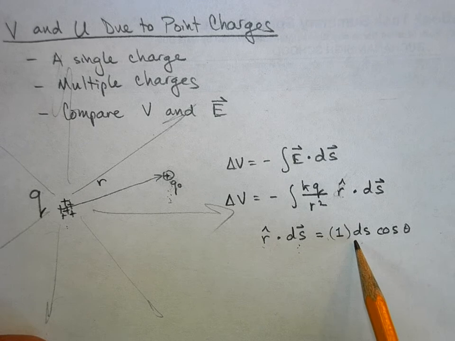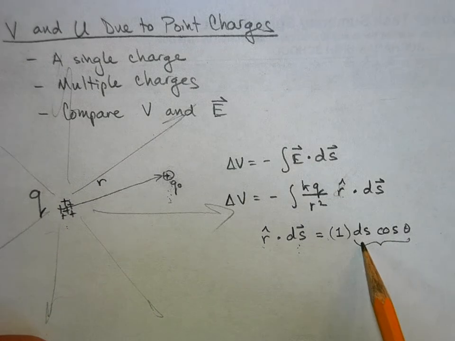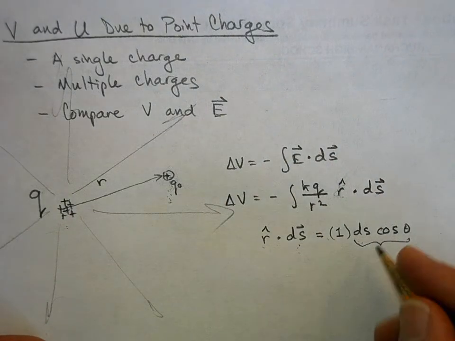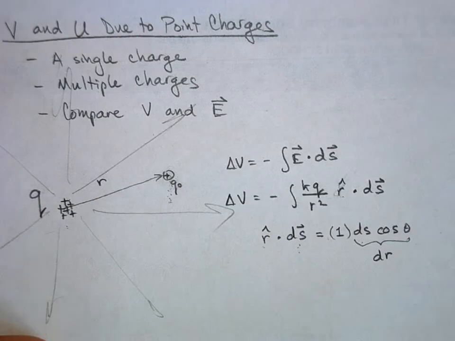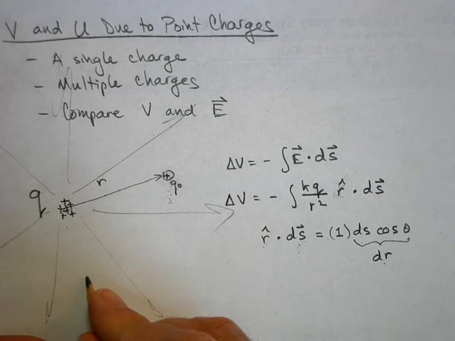But ds cosine theta projects our displacement onto the r hat direction, which means that this is really just equal to dr. So r hat dot ds turns into dr, which means that now my delta V